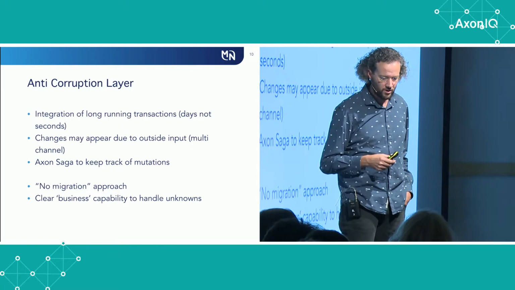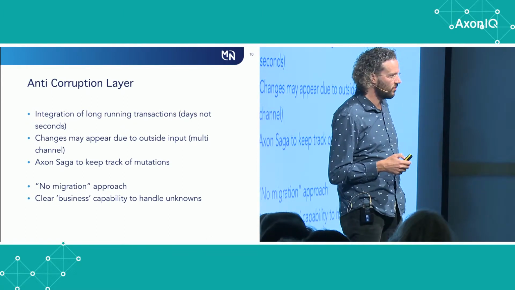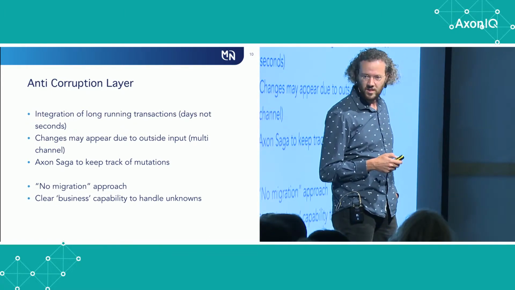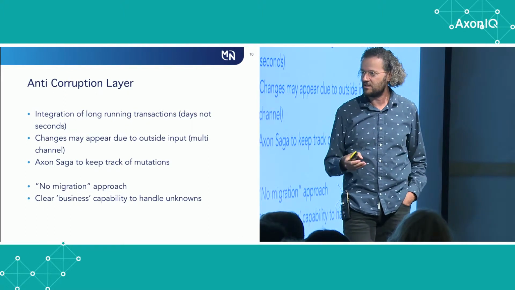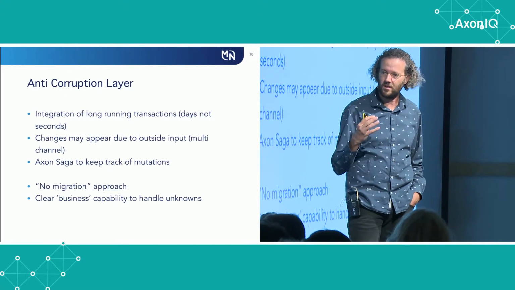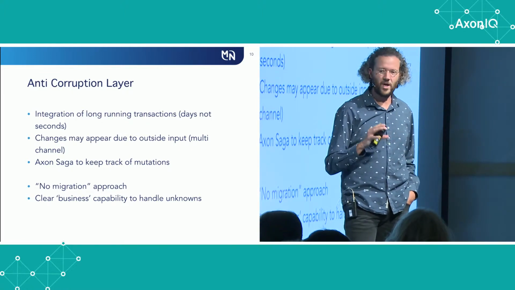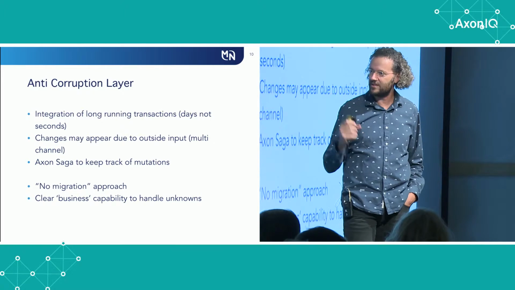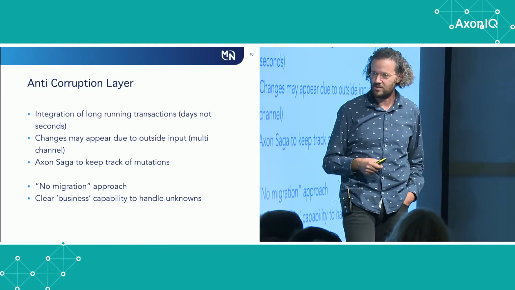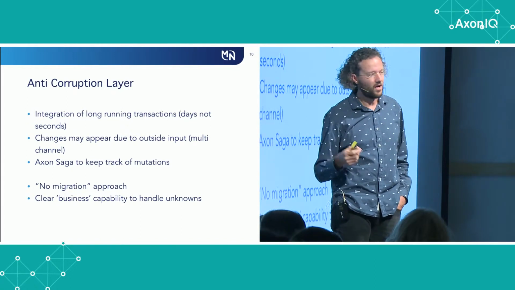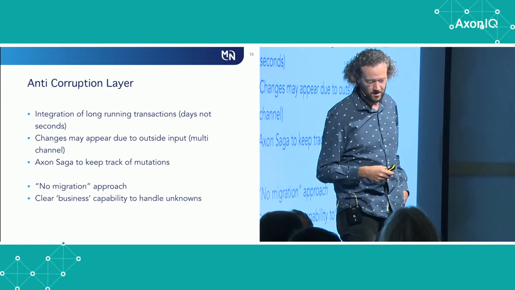And in order to do that, we found that the Axon Saga pattern actually works quite well. It keeps long-running transactions, and one of these transactions actually takes days. If something is wrong in the data given, in effect, people actually by hand are going to look at it, and within 5 days they may react. So you'll never be in an IT-based transaction scope of maybe a second.